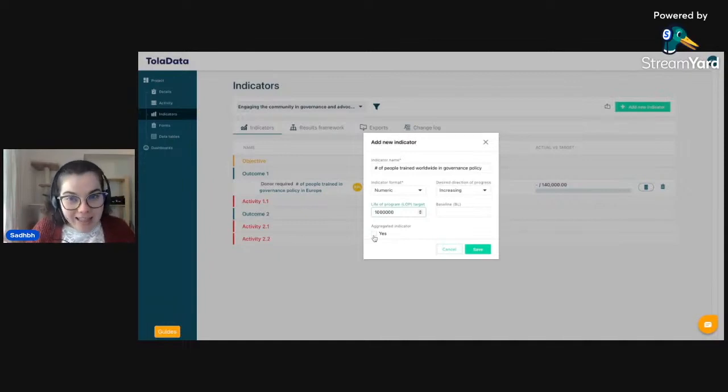And now, importantly, this time is when you're going to select aggregated indicator, because we want this indicator to combine the actuals of different indicators to form our whole. So we've made an indicator that's going to measure the number of people trained in Europe, but maybe we're going to have another one based in Asia, in the Americas, and we want to count the total number of people trained. So with this aggregated indicator, we're going to be able to pick from these different indicators and have this contribute towards the whole. So select this checkbox, click Save,